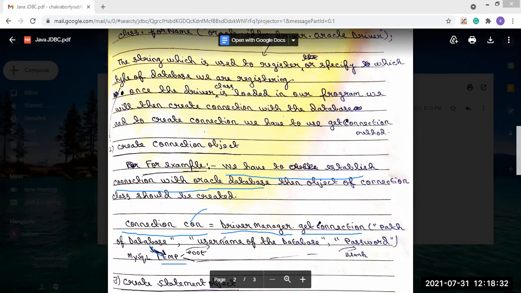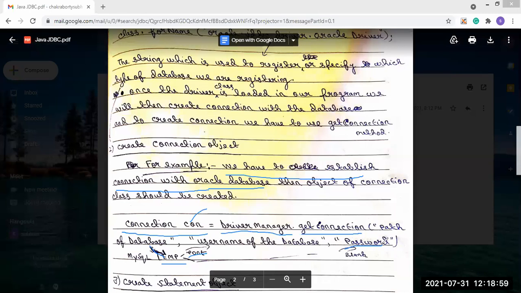Then second is the username of the database. Let's say the username is root. So we will send the username root, and the password, let's say, is blank. So through the getConnection method, we will send EMP, root and blank.